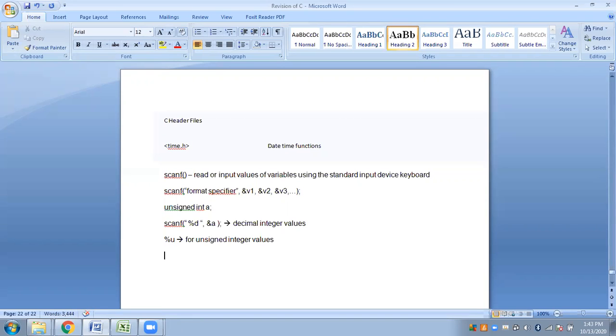Next again, for say octal values. Because we can use the decimal number system for integers, and also the octal number system, which is base 8, and the hexadecimal number system, which is base 16. So depending on the various bases, this is for base 10, then this is for unsigned, and this is for signed.